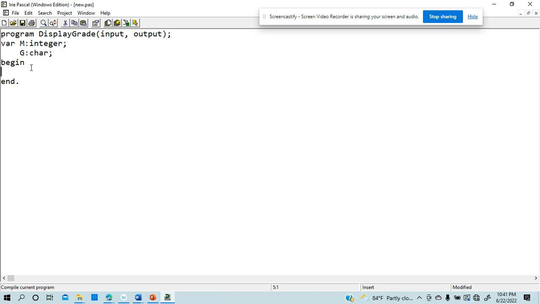So now I have to request the user to input the marks. So I write the write, in single quotation we can write 'enter mark'. Once the user enters the mark, the system can read it and store that value in a variable m. Now, based on the mark, I'm going to get the grade. So we can say if